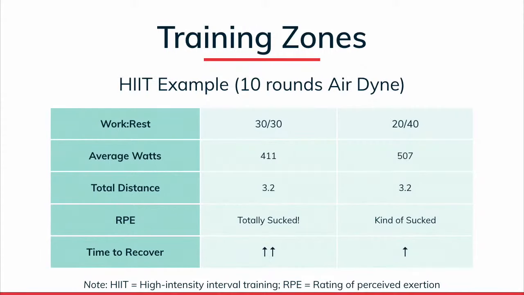And I think this was a moment of two things. One, I started noticing that the client was pacing himself in those 30 seconds, and that wasn't my intention. So in going back and checking myself and rereading some of the research, I'm like, well, I'm kind of in between energy systems here. It's not quite phosphagen, it's not quite glycolytic. So what if we did this? What if I took that 30-30 down to 20-40? So decrease the work and increase the rest, but still had 10 rounds.